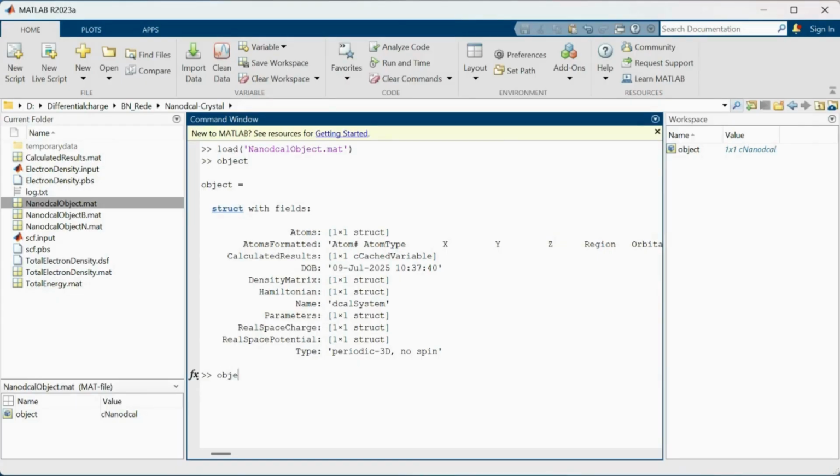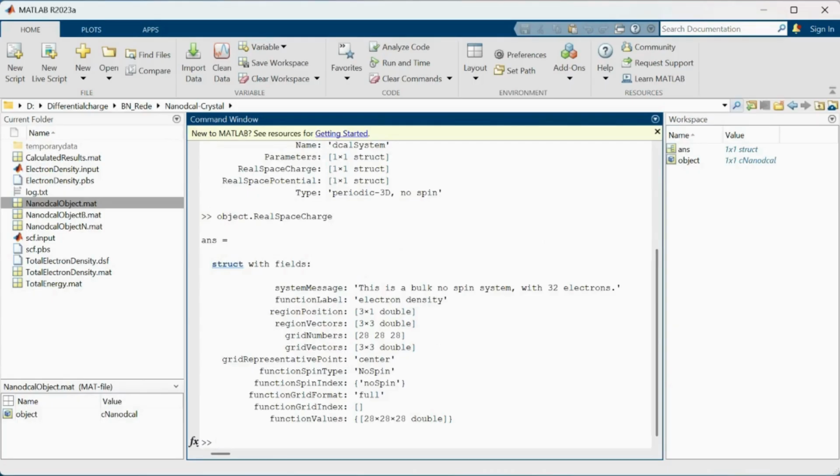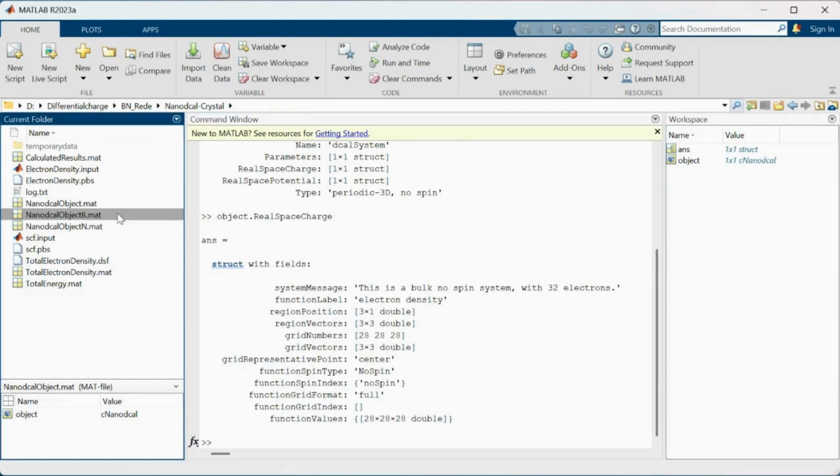If you type object dot real space charge, you can see the real space charge parameters also. In the same way, you can also see the parameters for the NanoDcal object boron structure only.